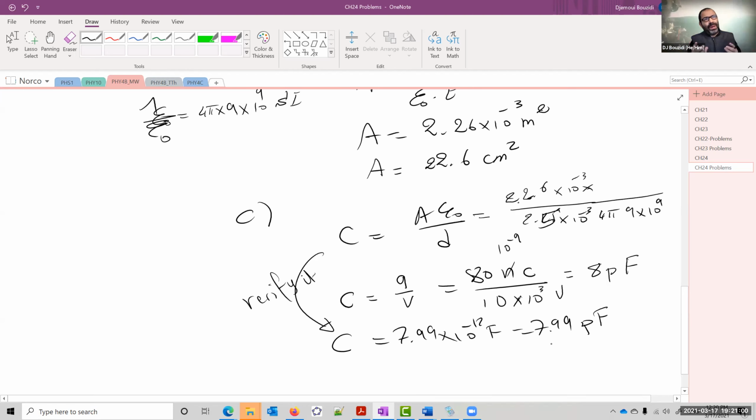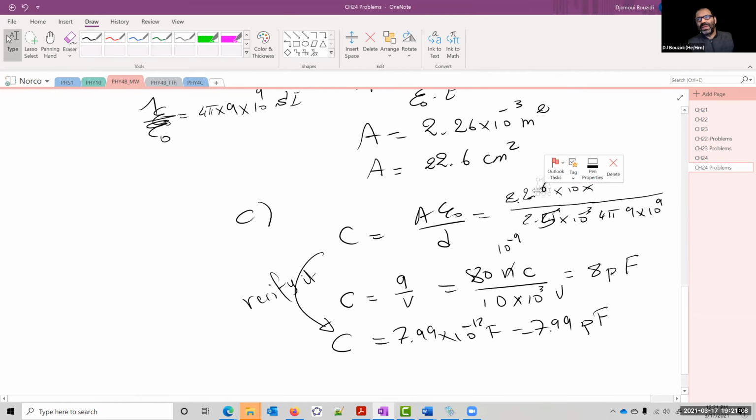There were two ways of finding C in this case. Either you use the formula for the parallel plate capacitor, which is A epsilon naught over D, and that gave me 7.99. The reason why it gave me that number is because this number is not precise. 2.26 was just a rounded number in here, okay? Times 10 to the negative 3. I cancel 10 to the negative 3 with 10 to the negative 3 in my calculator. So I did 2.26 divided by 2.5 times 4 pi in the denominator. That's the value of epsilon naught, by the way. It's 1 over, okay? And then 9 times 10 to the power 9. So when you plug in this number, I get this much.